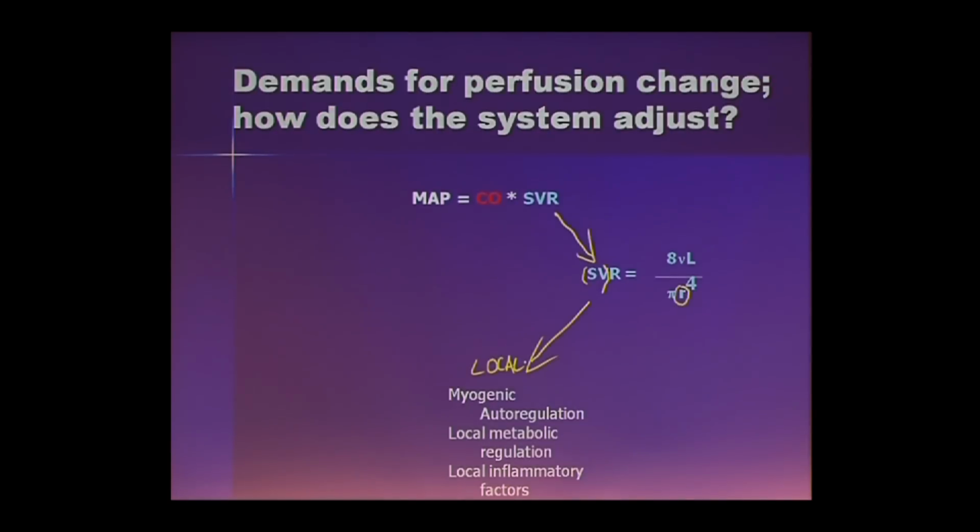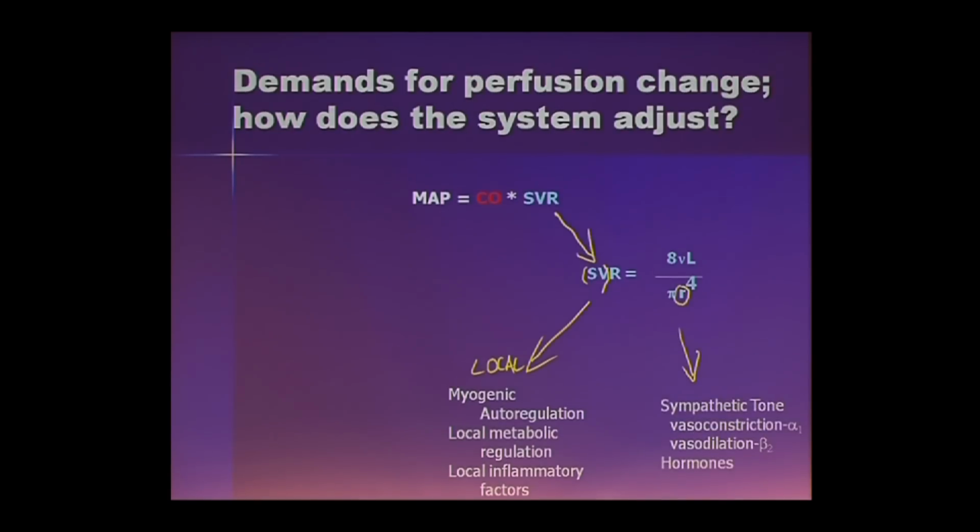However, problem arises if you, for some reason, start bleeding and mean arterial pressure starts dropping. Or for whatever reason, tissues start taking too much blood. Let's say muscles start taking too much blood. What's going to happen with your blood flow to the brain? It's going to drop. Because the heart pumped what it pumped, and all of a sudden muscle says, oh, I need blood, and brain says, wait a second, just a moment. I got my own helpers here.